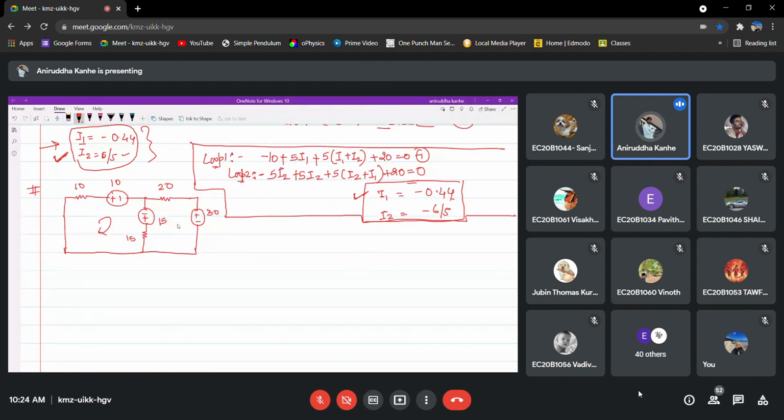So in the same way, one can solve for this also. I will quickly write the equation. Let us say this is I1 and that's I2. Now one can write the outside loop also. What is the meaning of outside loop? See, loop means you are starting from some point and you want to end at the same point, without crossing a particular node more than once. That is what your loop says. So one can consider the loop as this also.